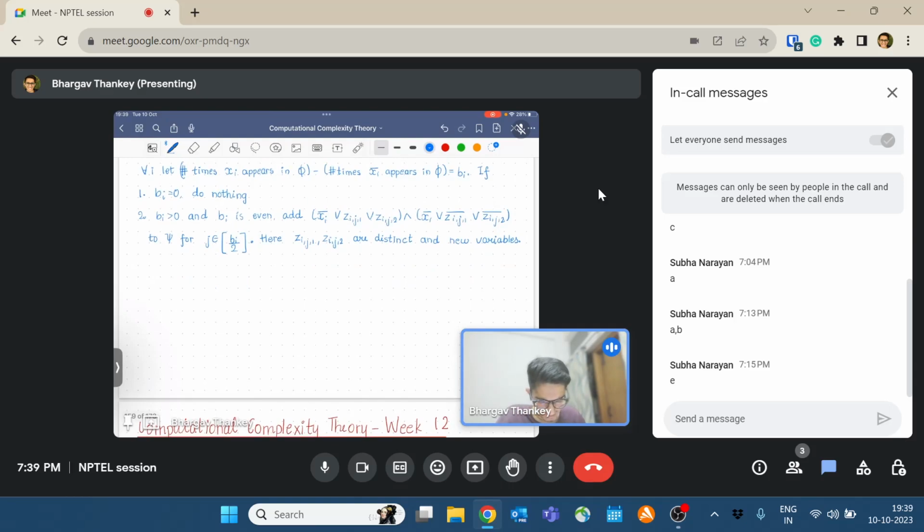So I think we can simplify this instead of doing it in two cases, when bi is even and odd. So if I were to just keep this, this would work. Yeah, okay, I don't think I need this. I don't think I need this. Yeah, I think this would work. And if bi is strictly less than 0,